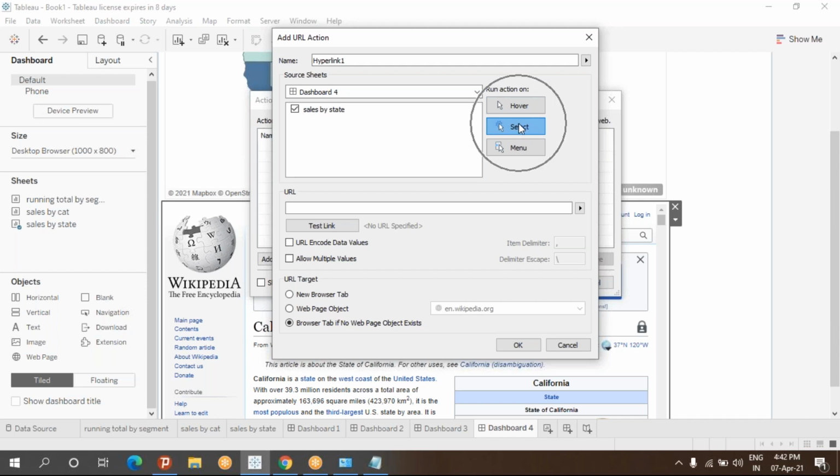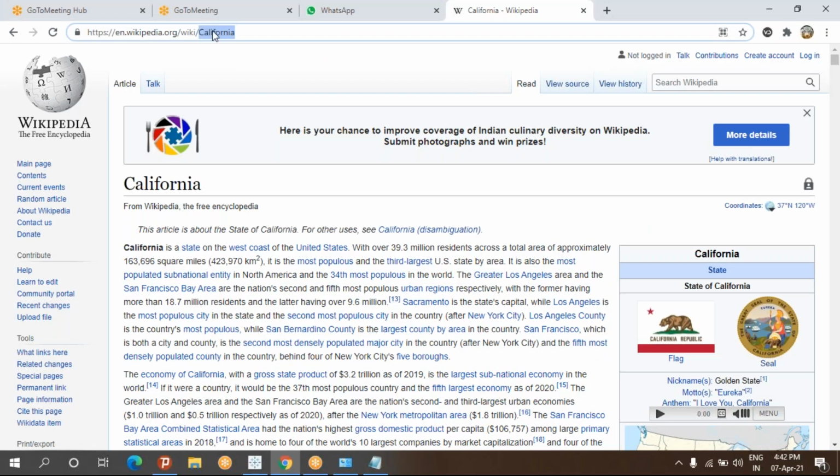This is the run option, run action on selecting. Whenever I select, the action has to run. Okay, so then the URL you copied for this one, this entire URL,